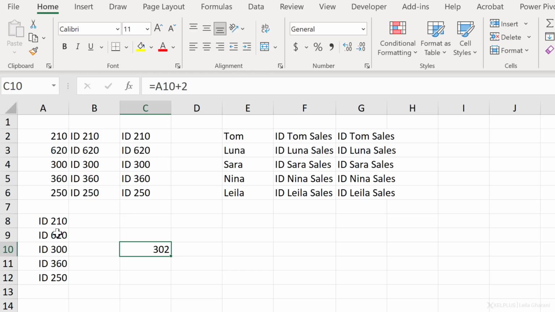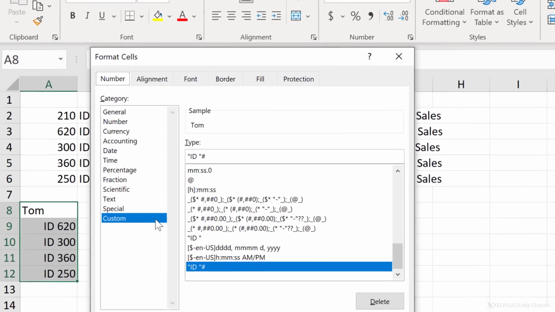Now, if you're wondering whether you can do this on text or not, yes, you can. You just have to use another type of format. Right now, if I change this to Tom, it doesn't add ID in front of it. To make sure that it works for text as well, or text or numbers, we can go back to custom number formatting.